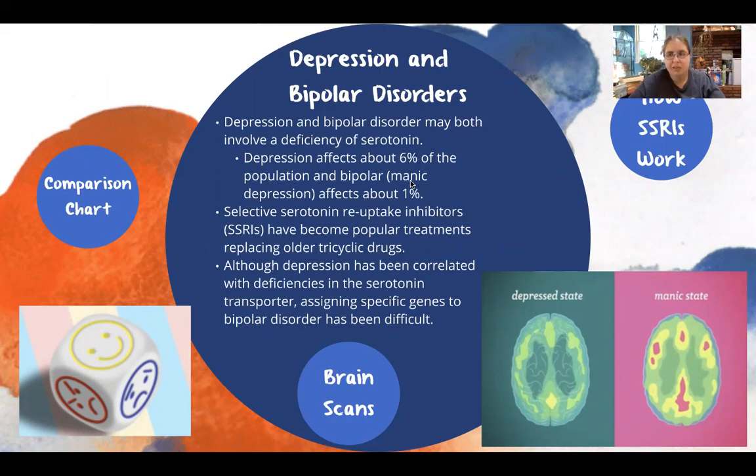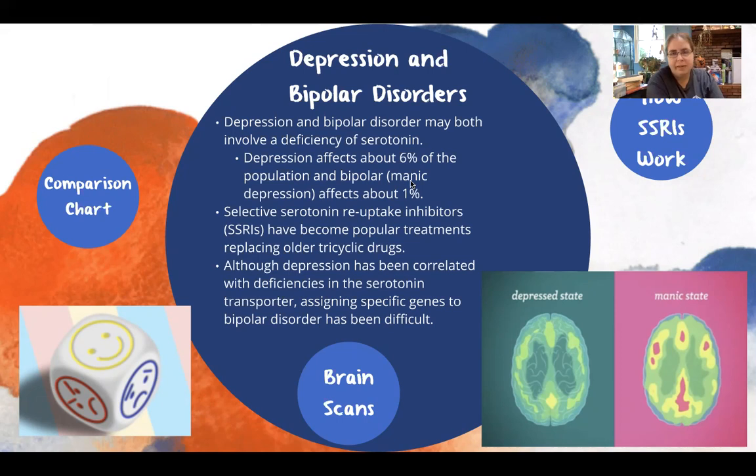If those numbers seem a little low, let me tell you why. The reason those are so low is because these are looking at the genetic versions of these: depression caused by genetic factors and bipolar caused by genetic factors. If you take in the purely environmental versions of these, yes, the numbers would be much higher. There are many versions of these that are caused by purely environmental factors.